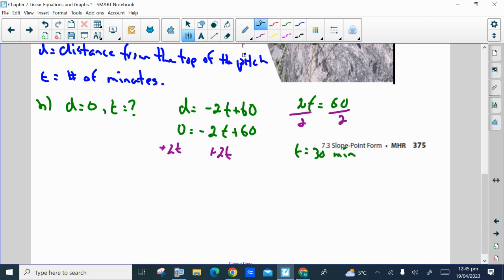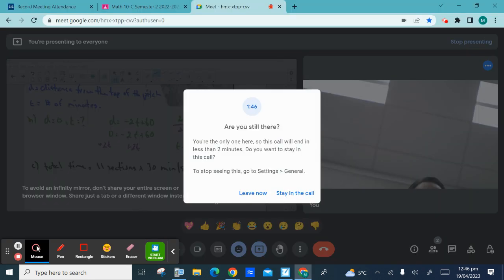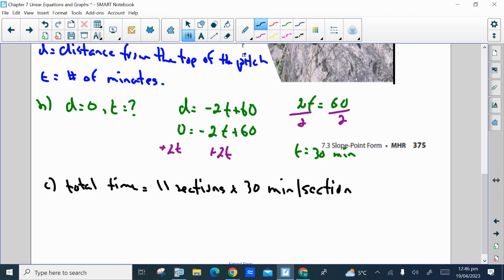Our total time here, which is what C is asking us to do, there are 11 sections times 30 minutes per section. So if we multiply those two together, that'll be the entire time in minutes that he's actually climbing. So that'll be 330 minutes,